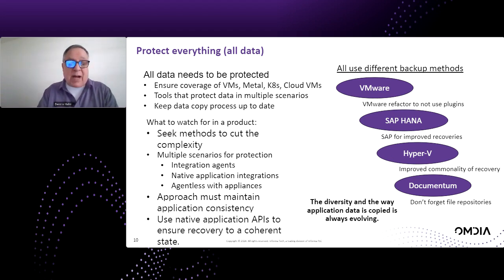At a minimum, you want a backup system that, if you look at your apps, can cover the various scenarios for the apps you want to be able to back up within your organization. And then, make sure you maintain application consistency. It's a lot easier to back up and recover. Really, to recover that way, it's a little bit more difficult to back up that way, but to recover that way, if you make the copies application consistent, that when you bring them back, you'll be okay. And then, make sure your APIs are there to recover in a coherent state.